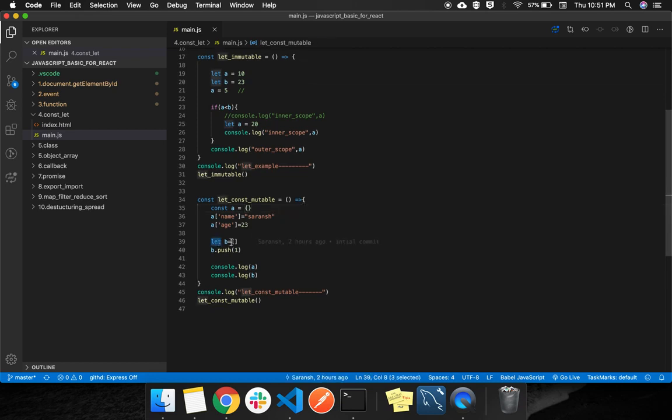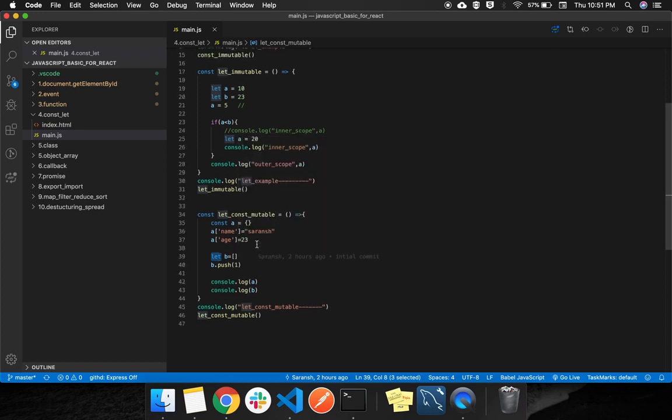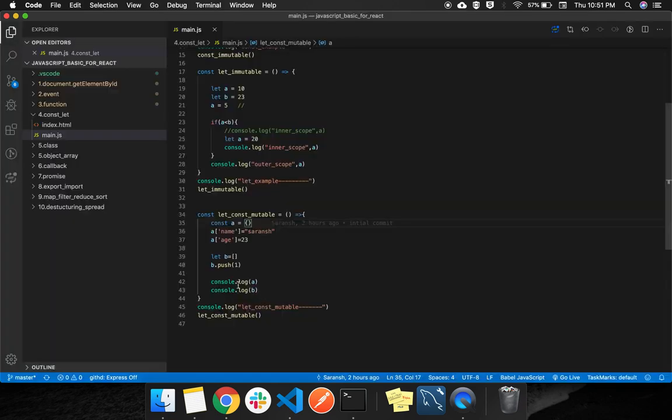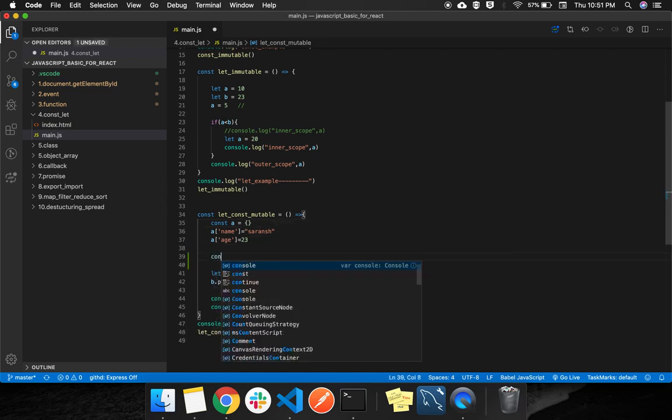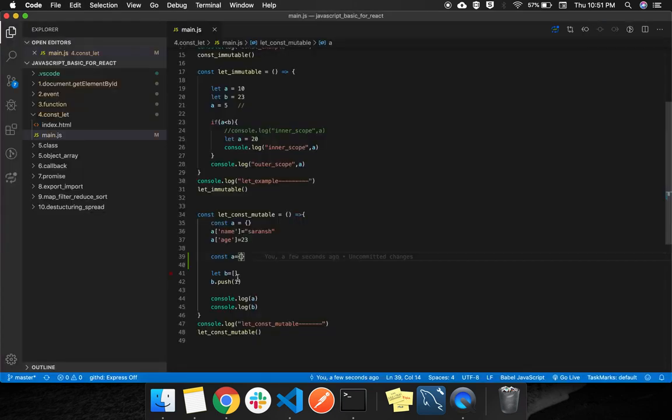So even if it is const, we can push data, and in let also you can change the data, but you cannot reassign const a again. Likewise, here we are consoling a, but if we try to reassign a, it will throw an error.